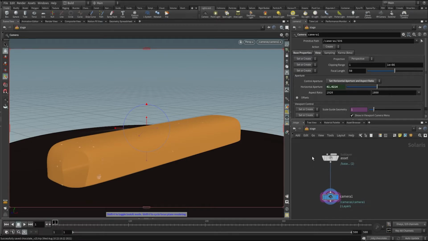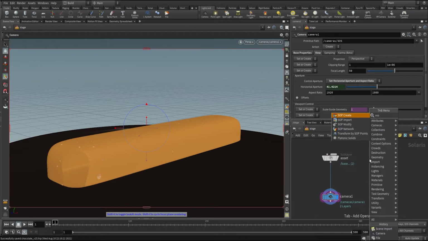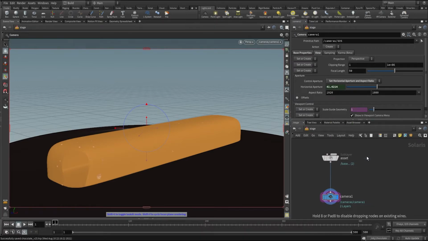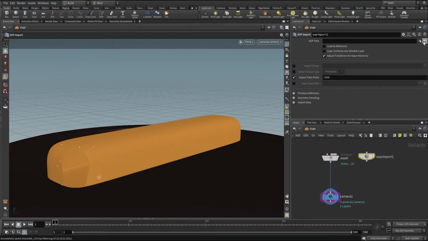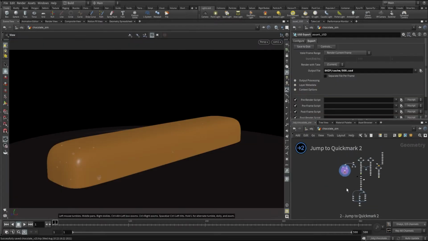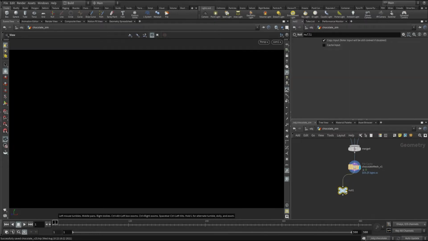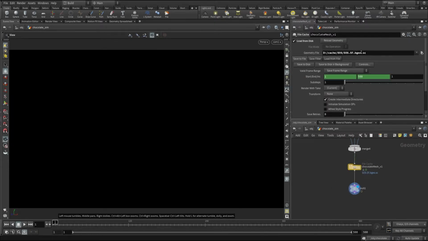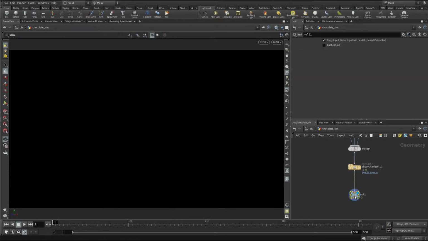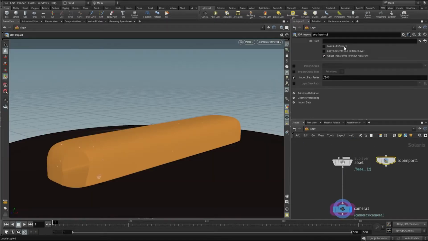And there are two ways of loading assets in Solaris. So one is this, and second we can use import shop. And here we have to just select that. So for here I'll use this path. I have shifted my files to a D drive, right? So let's give it some nice color. Copy this and paste over here. So if I merge this,